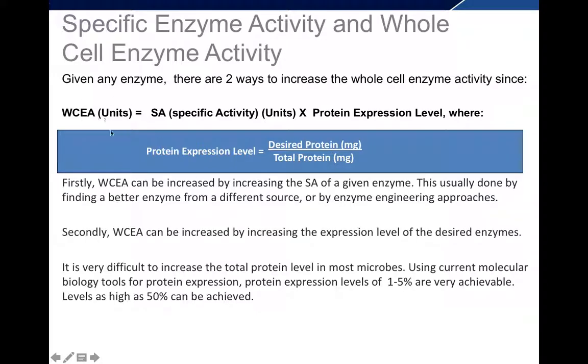And so firstly, we can increase the whole cell enzyme activity by increasing the specific activity of each given enzyme. So we can increase how good the enzyme is at making product. And this is usually done by finding a better enzyme or by enzyme engineering. And secondly, we can increase the expression level of the desired enzyme, so the amount of it in the mixture, to increase our whole cell enzyme activity. And both of those will then increase the specific productivity. It can be very difficult to increase the total protein level in most microbes. So using current molecular biology tools for protein expression, you can kind of expect a reasonable expression level of 1 to 5%. That should be doable. You can try to push your expression level up to 50% of the total protein, but that would be more in a case where you're making the protein as a